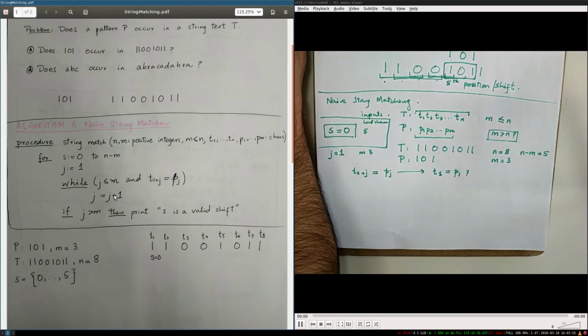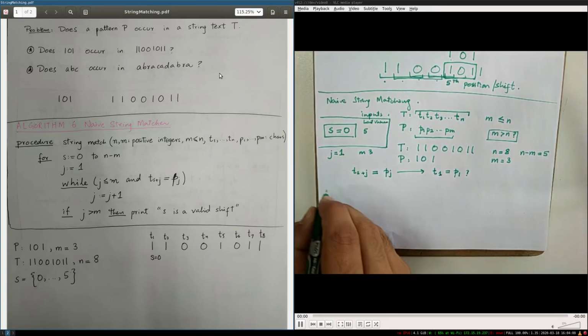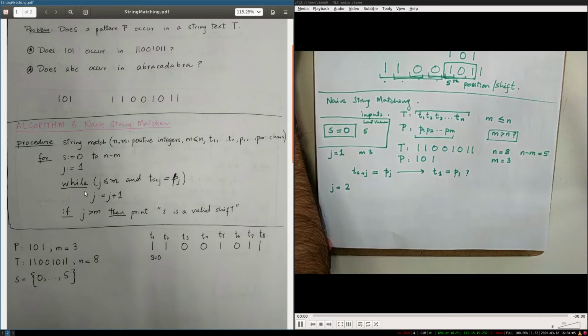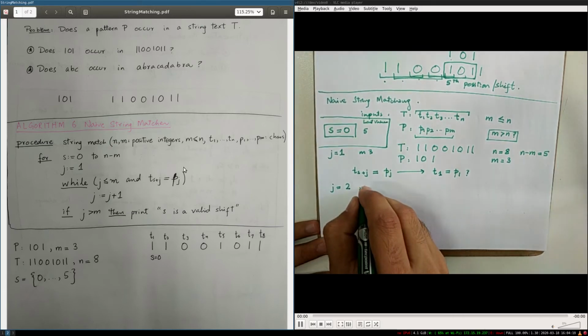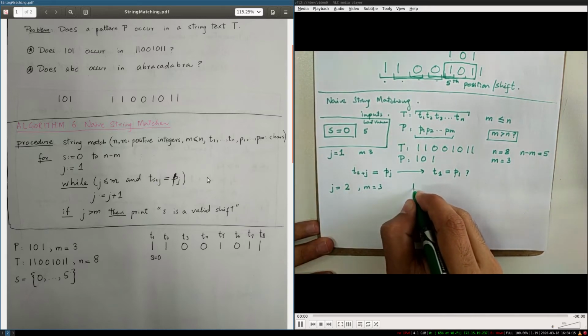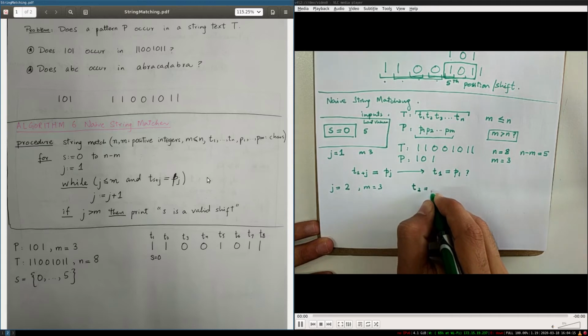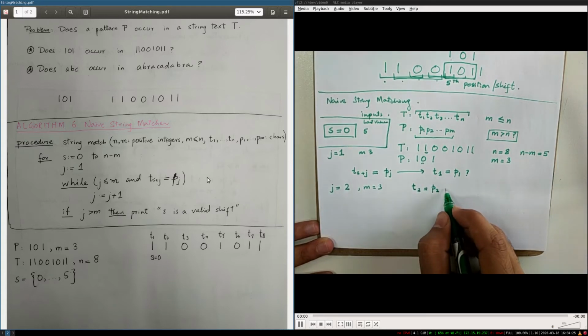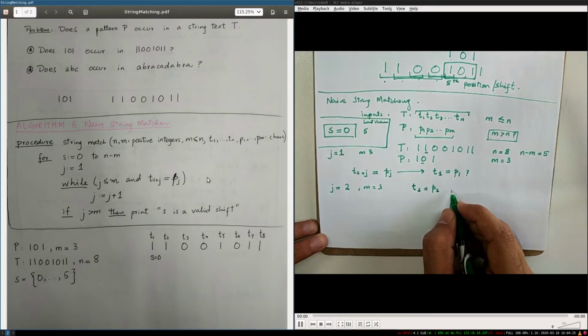The loop tells me to start j as j plus 1. So now I increment the value of j, it becomes 2, and then I check whether I still am in this loop. m is 3, so the first condition is satisfied. The second condition is, I need to check whether t2 is equal to p2. t2 is this, p2 is this, these are not equal,